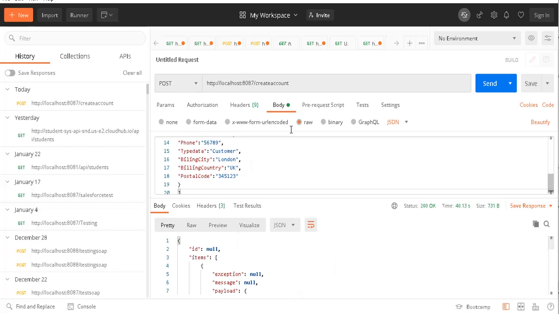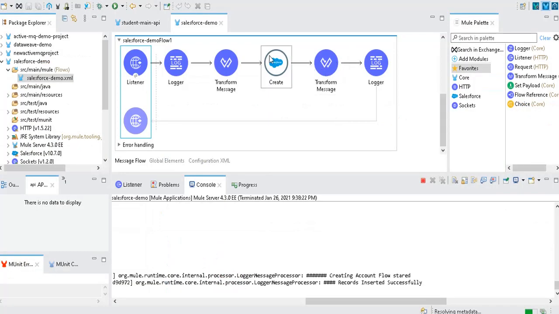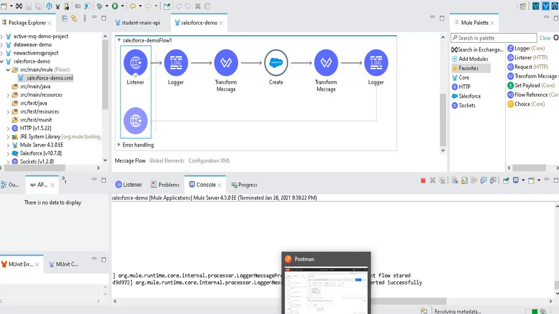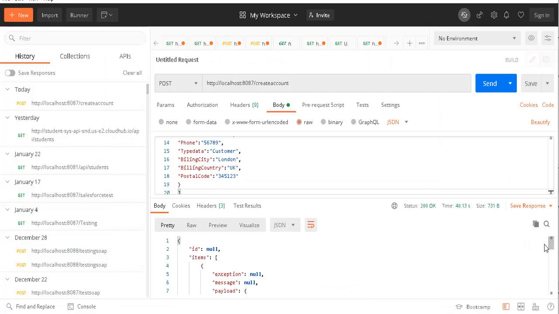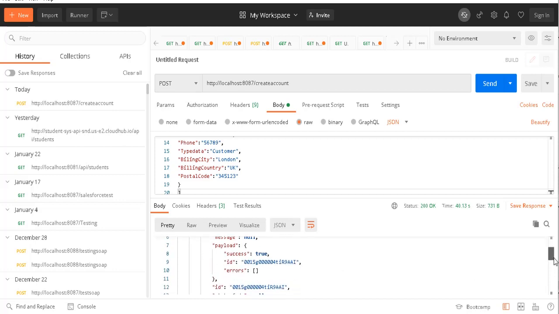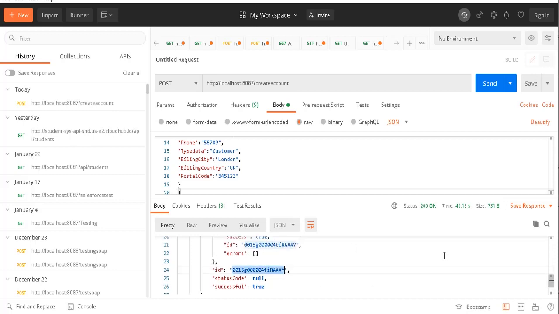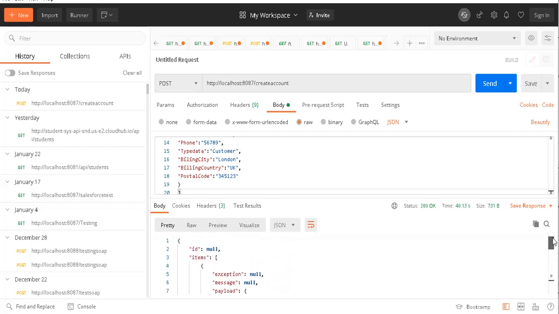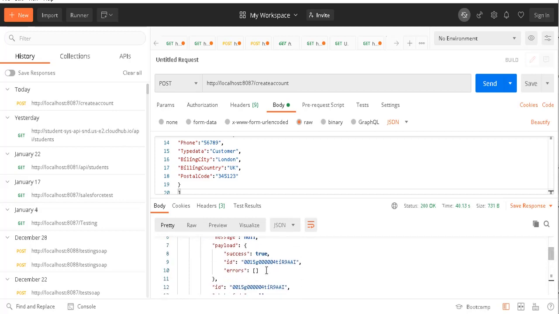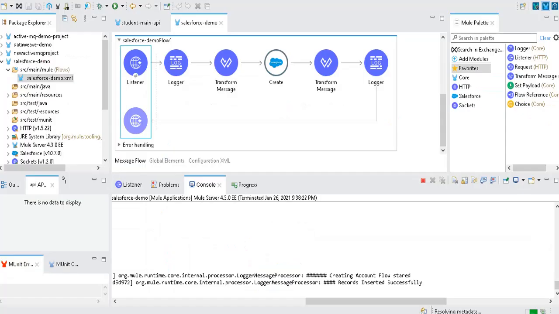So now we received the response from Salesforce. See, observe this response. This is a response we are capturing by using the transform view. Once we inserted the record, we have captured this response in the form of payload, right? So that is why it is showing this payload. If you drop down here, it will insert two records. So two IDs will get generated. Successful, true. So two accounts are getting inserted in Salesforce. See, IDs are also getting generated by default. It means your flow is working successfully to insert two records into account, and you can check the logs also.